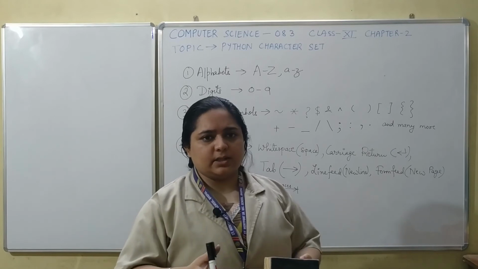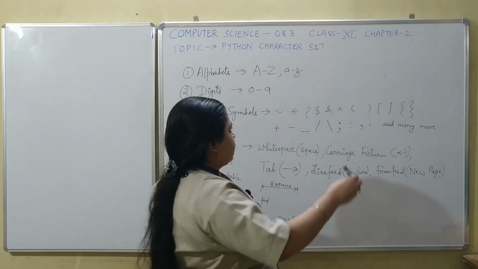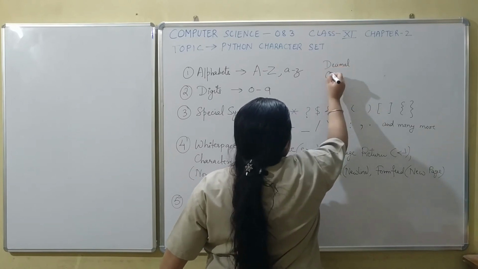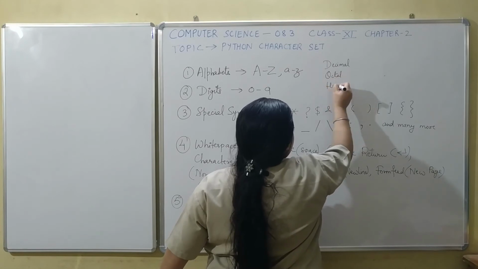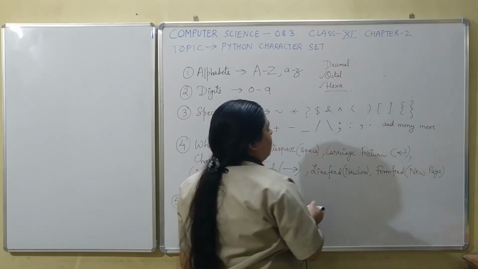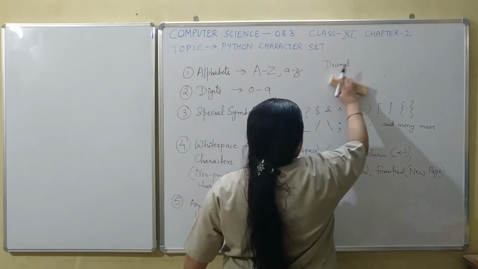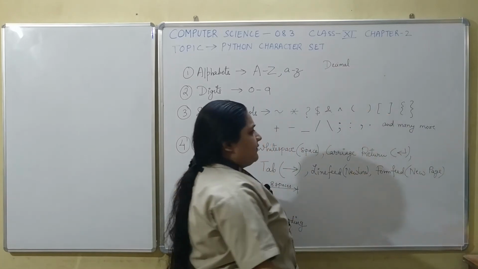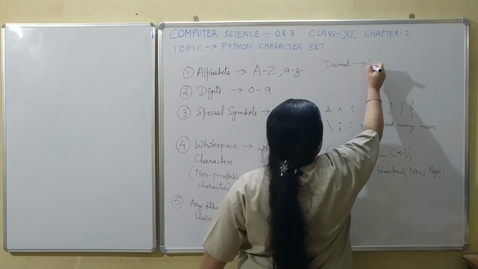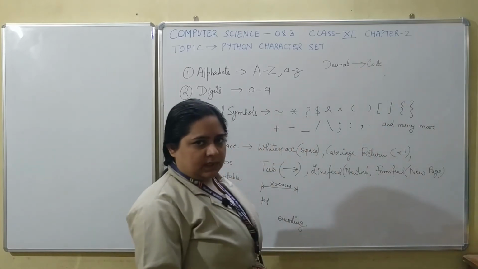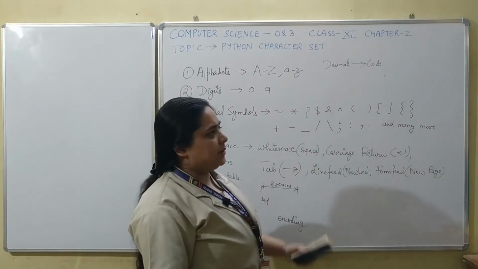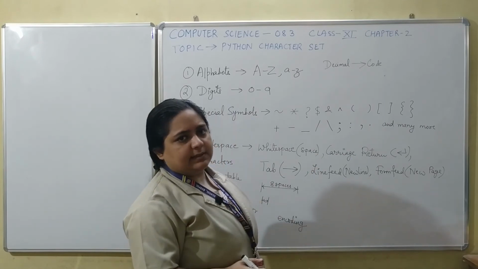And those binary digits can be converted into multiple number systems. That is, they could be converted into decimal number systems also, octal number systems also, hexadecimal number systems also. Now you are not familiar with octal and hexa, so I will skip these two for the time being. You can say that every character has a specific number or specific code, and that code can be represented in decimal also, and this decimal can be converted into binary digits also.